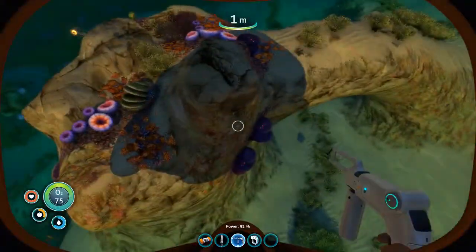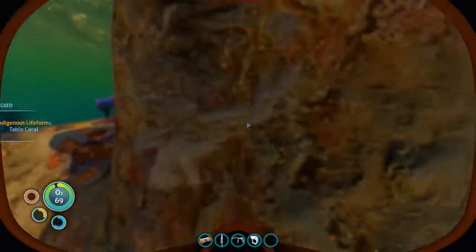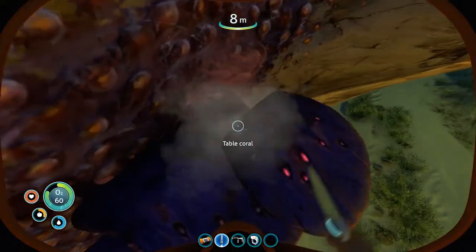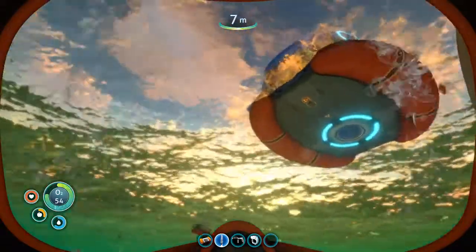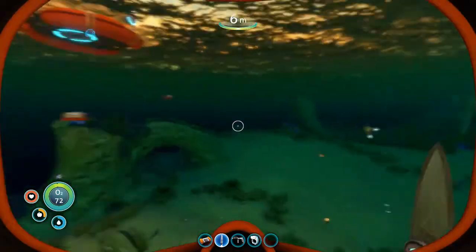So you can start scanning stuff and it will give you hints to the game. So you can read that, and usually this information is just basic, but then it will say assessment, explorable in computer chip manufacturing. So the way you take advantage of that is you just chop a piece off it and you pick it up. So that's kind of not always obvious to all players. The other thing that's not always obvious,